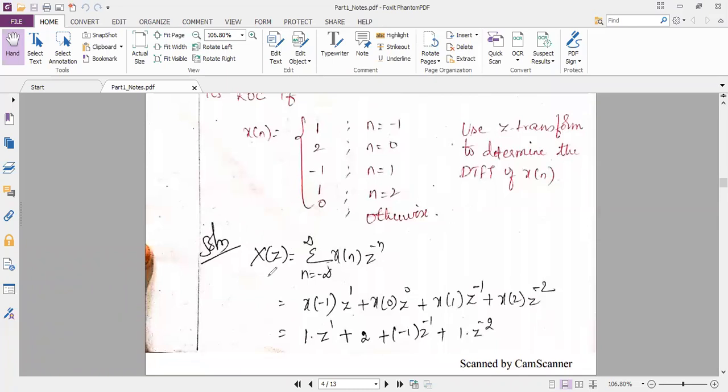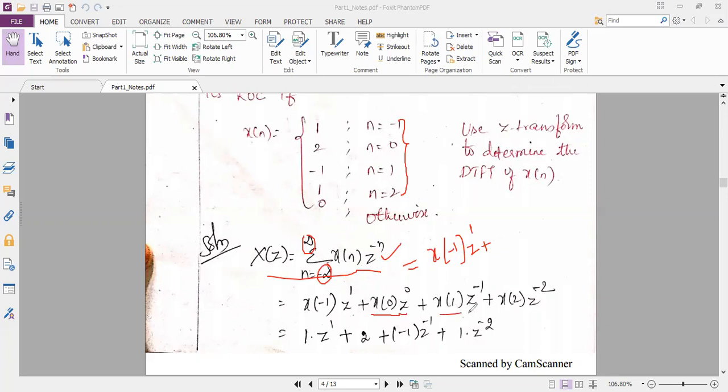So finding Z transform, as you said, you have already studied in mathematics. So you need to just use the formula. X of z is equal to summation n equal to minus infinity to plus infinity x of n z power minus n. So this summation's original limit is minus infinity to plus infinity. But as per our values of n from the question, I can expand it. See, the first value of n is -1. So x of -1 into z power minus n. Here already we have -1, so minus minus becomes plus. In the same way, I will be substituting the next value of n as 0: x of 0 into z power 0.